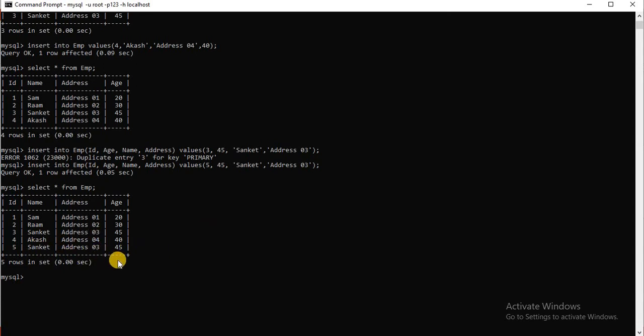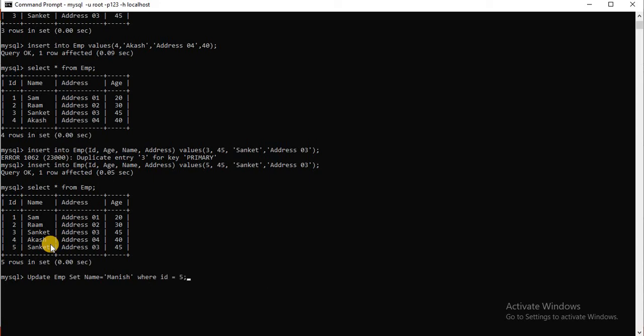Now I want to update ID 5 because the name Sanket is repeated. For changing the name I use the command update, table name is EMP, set name Sanket to suppose Manish, where condition ID equal to 5.